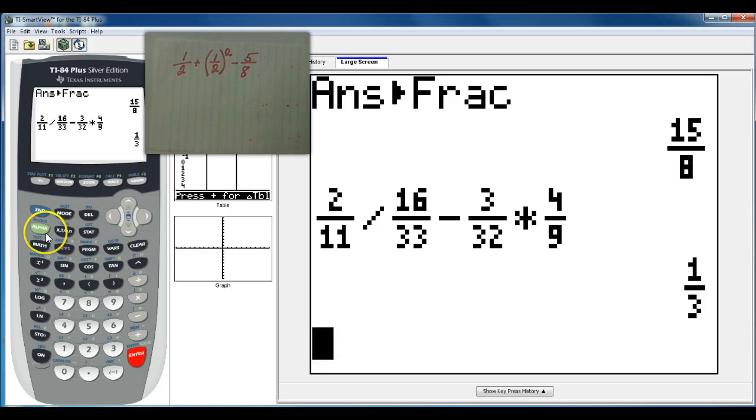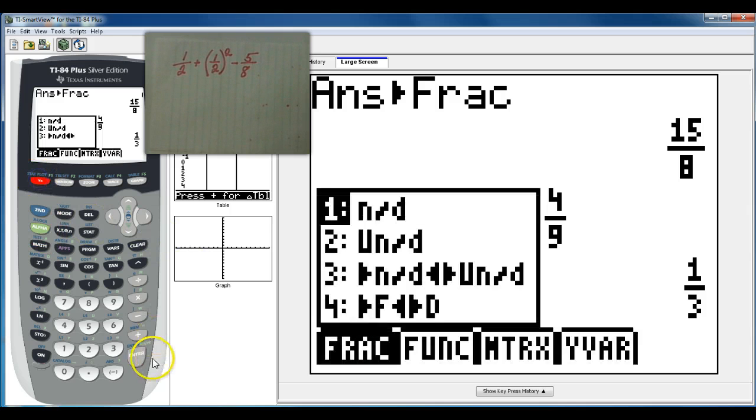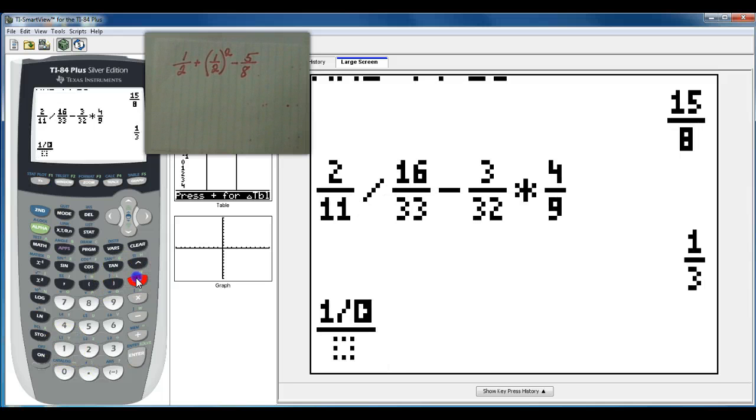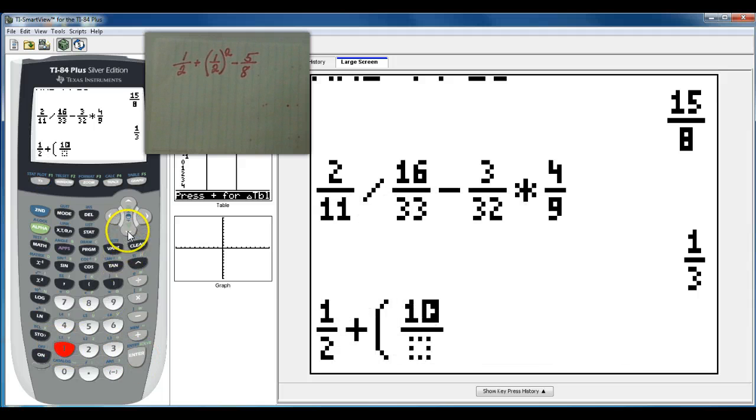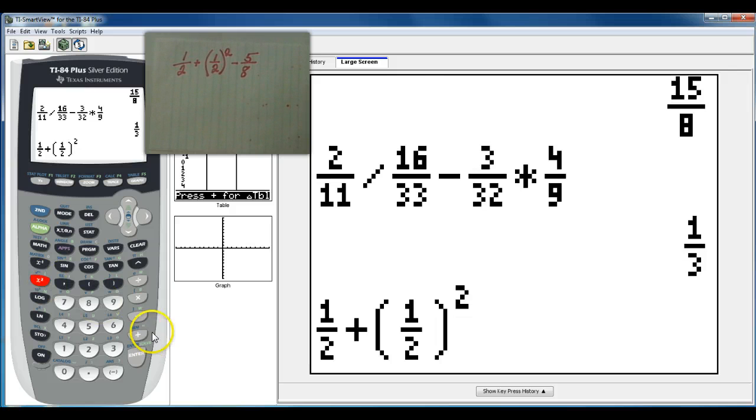If you have the upgrade, you just go alpha y equals, enter, and then you put in the problem 1/2 plus, I'm going to put my parentheses and I'm going to hit still my alpha y equals 1/2 over, close my parenthesis, and don't forget the shortcut to the square button, and then minus